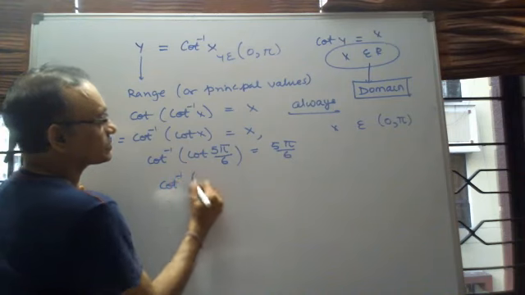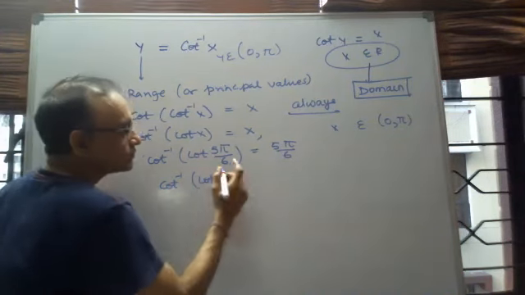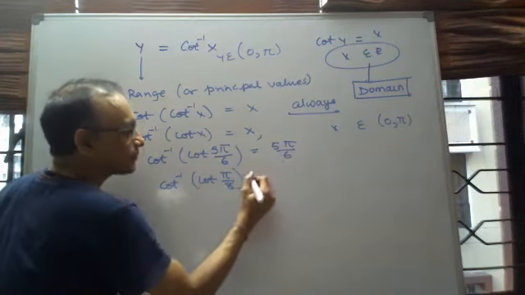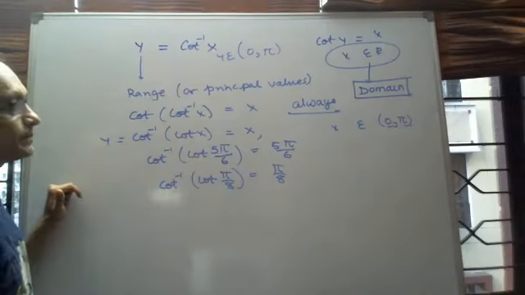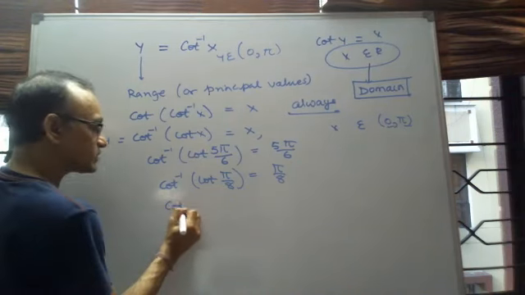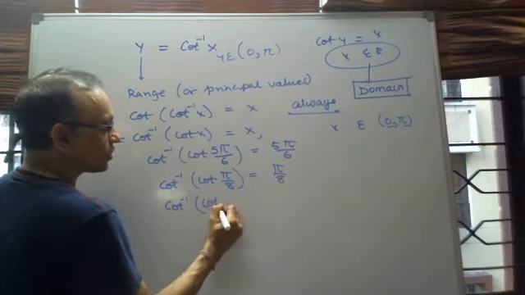Cot inverse cot pi by 8 will be pi by 8, because pi by 8 lies in the interval 0 to pi. Right? Now, if I said cot inverse cot